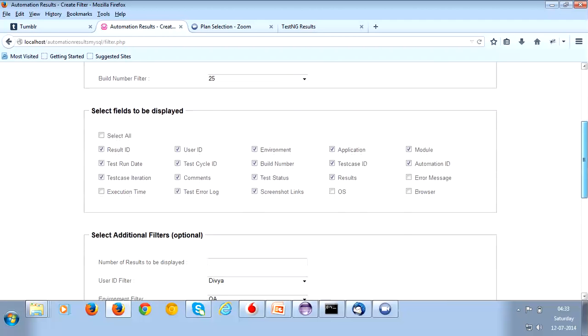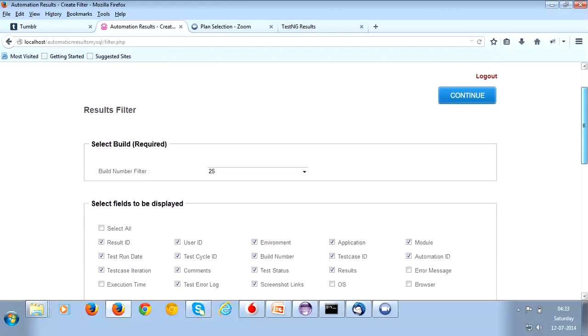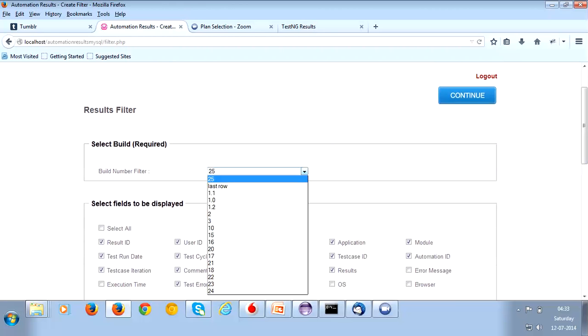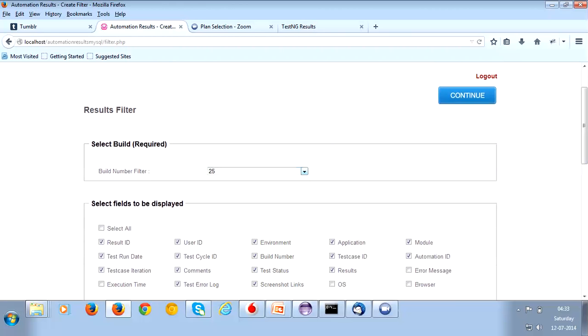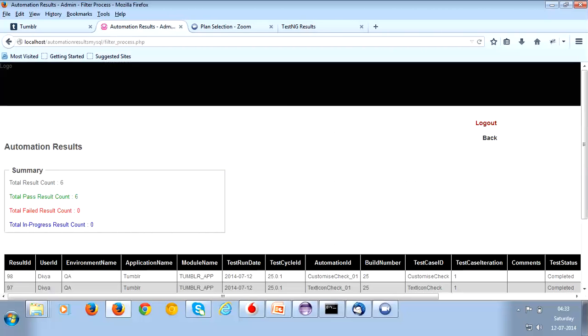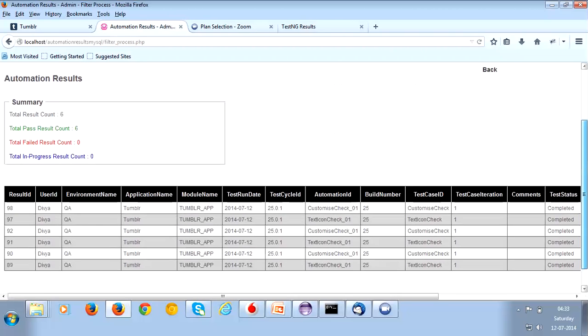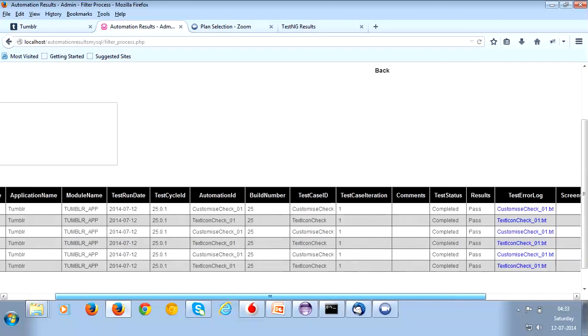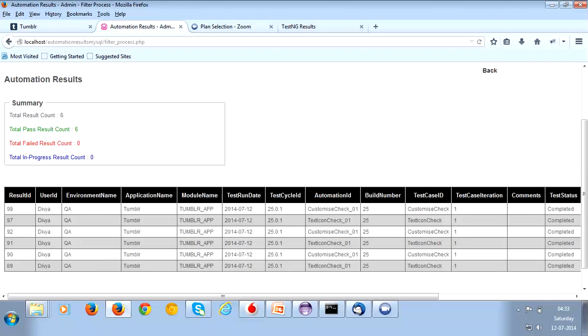We can select what things we need to display in the results page. I have given the build number as 25. With respect to 25, let's see what the result status is for the Firefox browser as well as for the Chrome browser. Let's see what is displayed. So I have executed 2 scripts, but before that I have executed 4 more scripts. So we can view the details of execution here